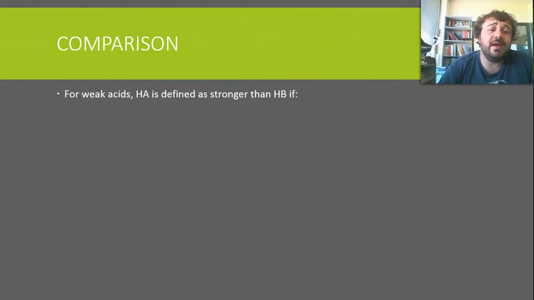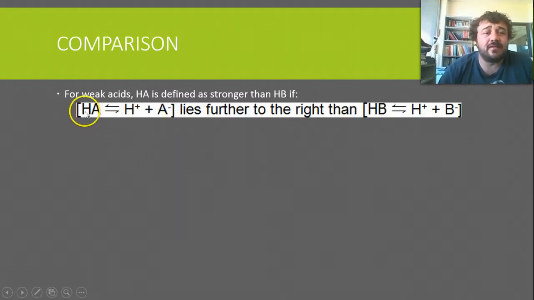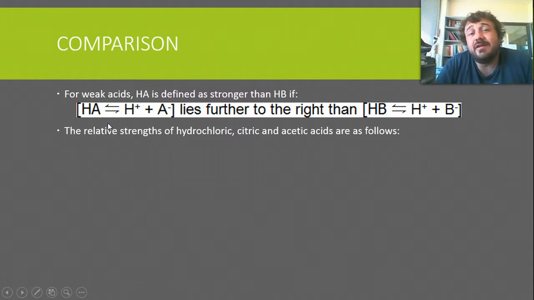Basically, for weak acids, HA, which we'll show in a minute, is defined as stronger than HB if its equilibrium lies further to the right. Okay, so there's our equilibrium. If this lies further to the right than this, we can say that this acid here is the strong acid. So the relative strength of